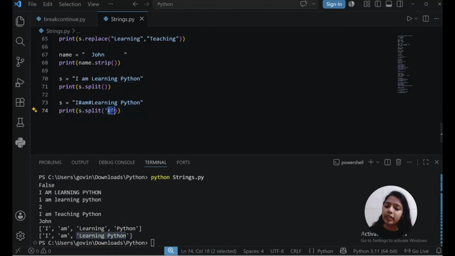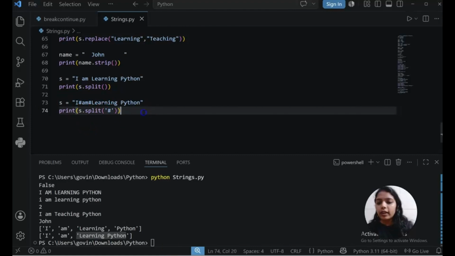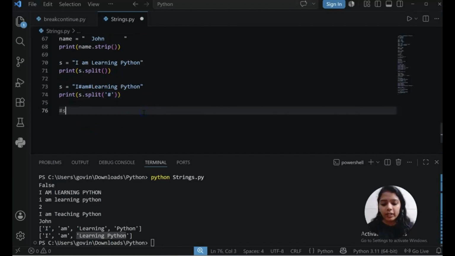So whatever the character you mention here, it will split your string from that particular character only. Next, let's see string formatting. String formatting means